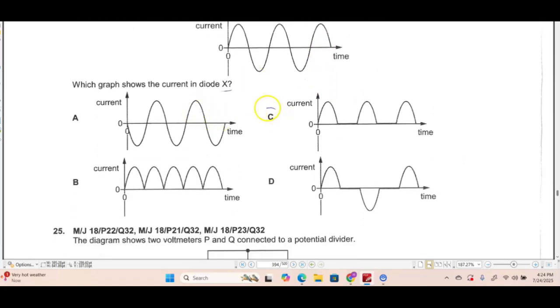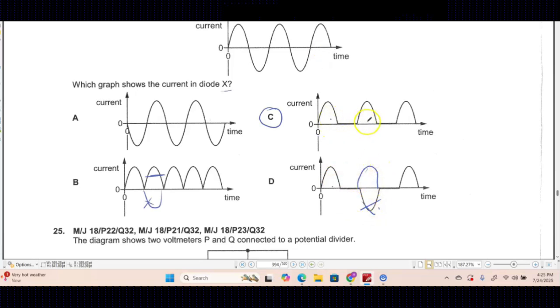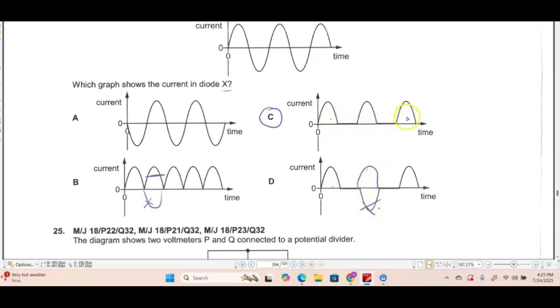that is C. This is a normal graph. It's not happening like this, because it misses this peak. So this is not happening. This is also not happening, that there is a gap like this. Alternating is not happening; it has stopped alternating. So it flows like this. So C is our correct option.